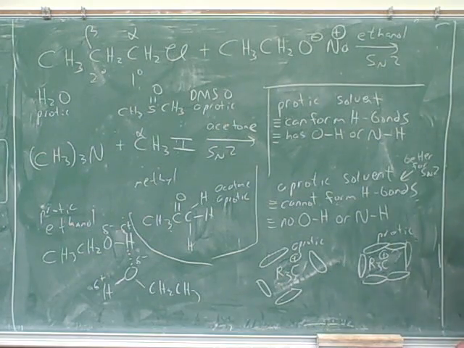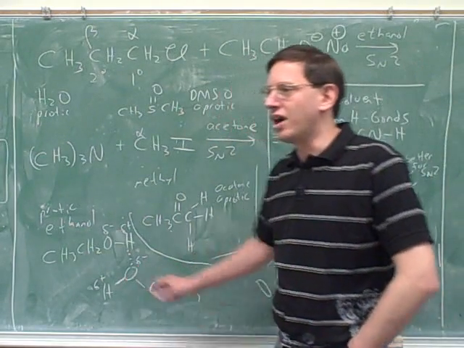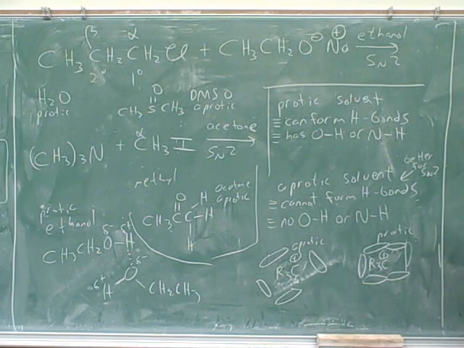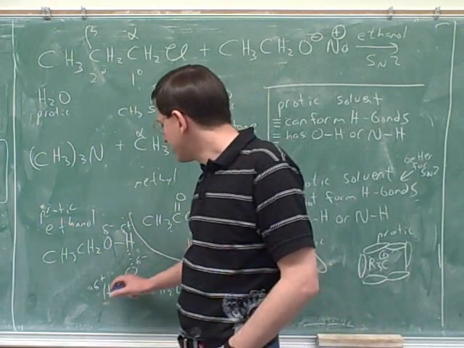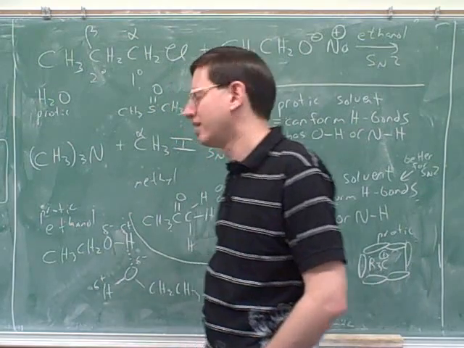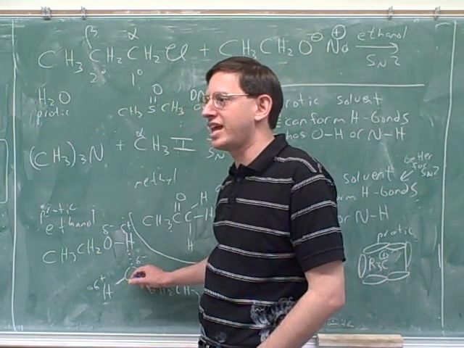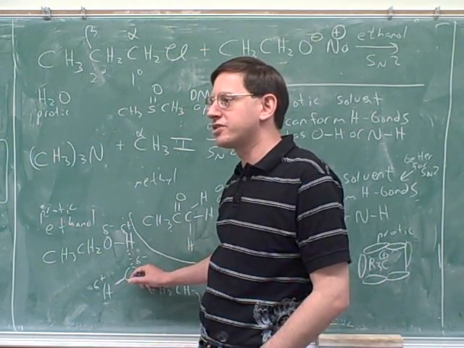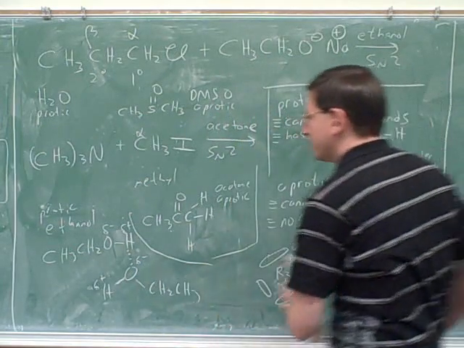In fact, just to be more specific again, suppose we were using ethanol here. Which part of the ethanol is going to actually be getting close to and bonding to the carbocation? Which atom, the hydrogen or the oxygen? The polar oxygen. Yes, this oxygen with this delta negative. So what's going to happen is all the ethanols are going to orient themselves